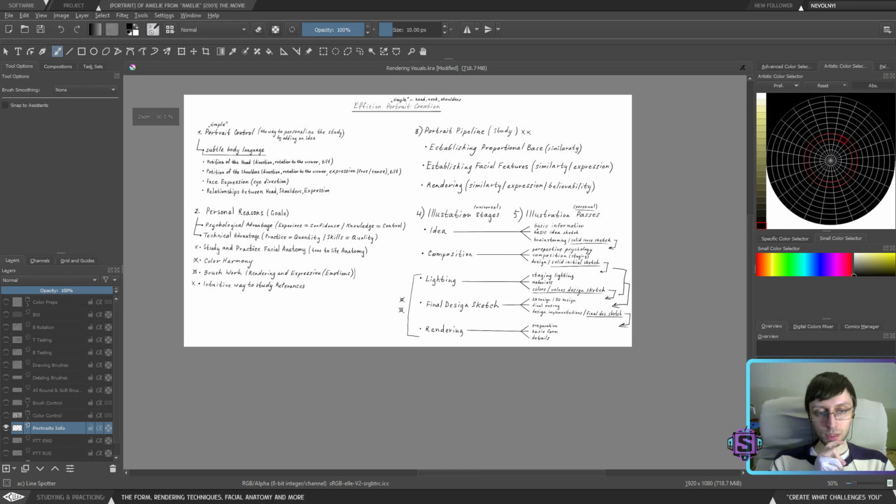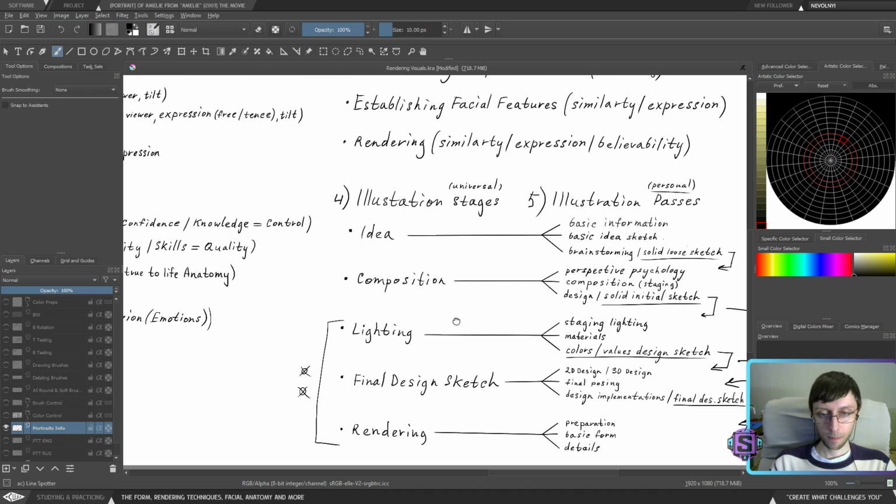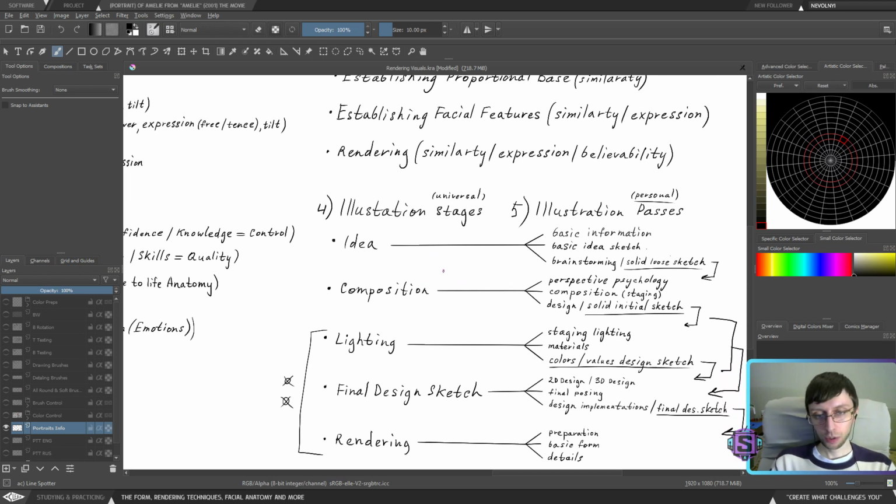Again, this is almost it. It's not necessarily answered all questions. I mean, now I put all these things together, and now I know where to start. The only problem that I have right now is how to combine them together. Because, for instance, when it comes down to the passes, I need to connect the color harmony and how to use color, which basically means from what type of stage we're going to work with color. It's going to be either abstract or controlled. So I guess this is something that I need to spend time on separately, because if I do this during the stream, it's going to be me thinking and that's it. So it's something I need to think about.